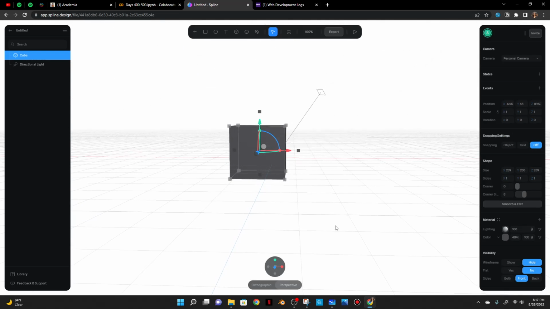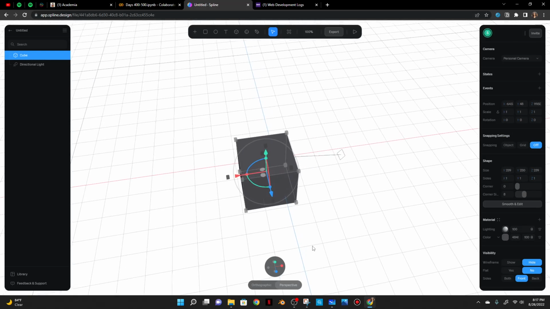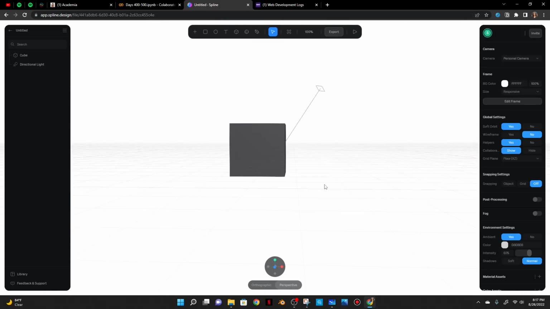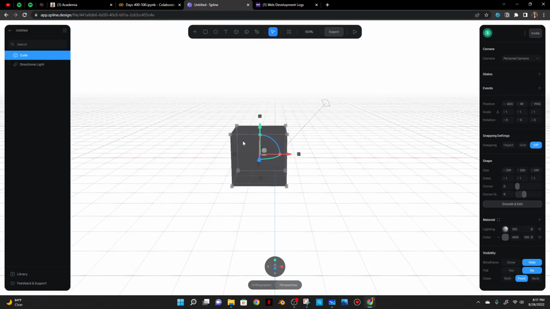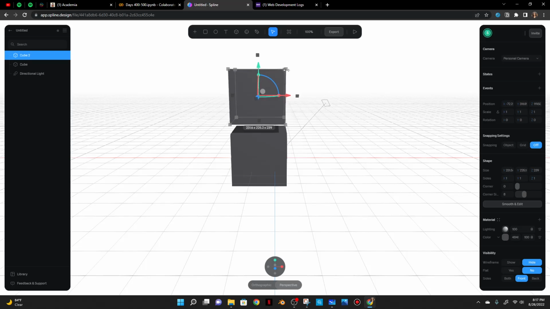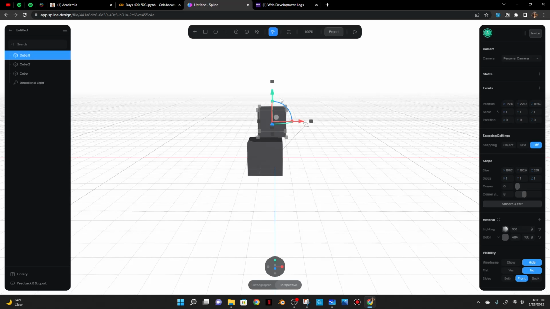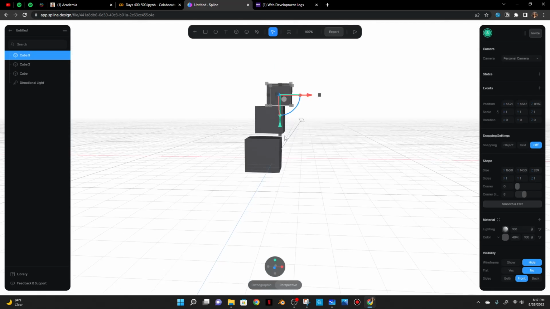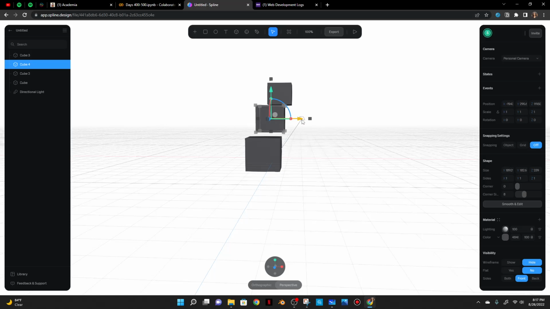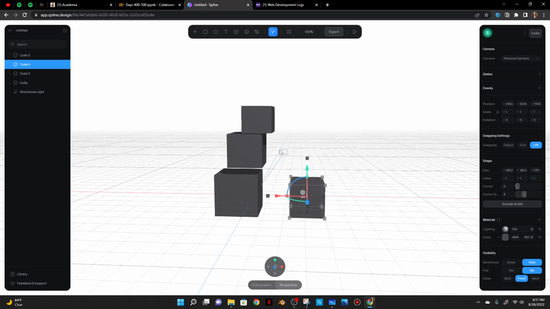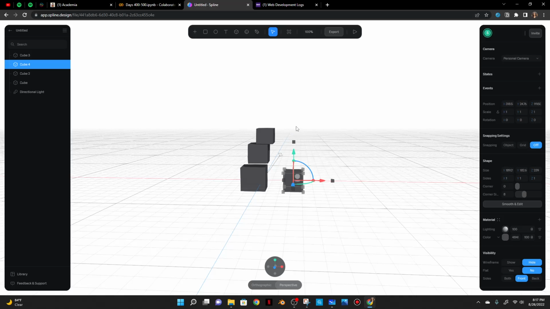And so I would want, let's see, I think I'm going to do stacking cubes. And so I'm just going to do Control D and then just move it upwards and then maybe make it smaller and move it this way and then Control D again, move it upwards, make it smaller and then just move it that way and then downwards. And then I think I'm going to do maybe Control D on this one and then move it towards the right and just downwards here. And so the idea is I'm going to animate them so that they just stack on top of each other